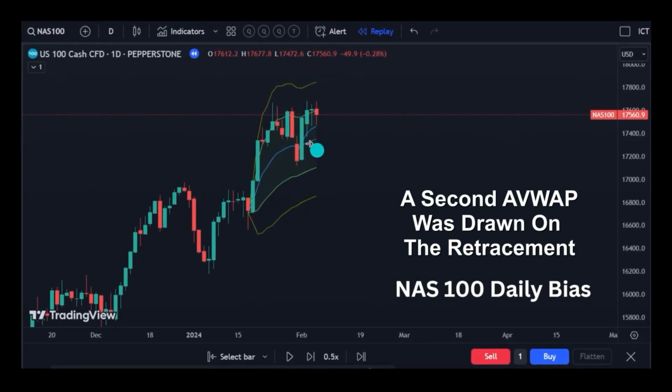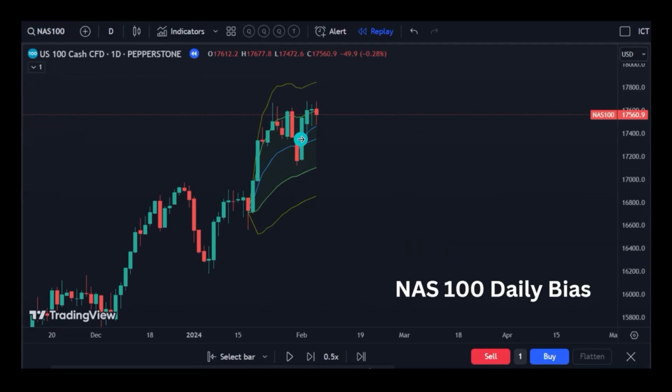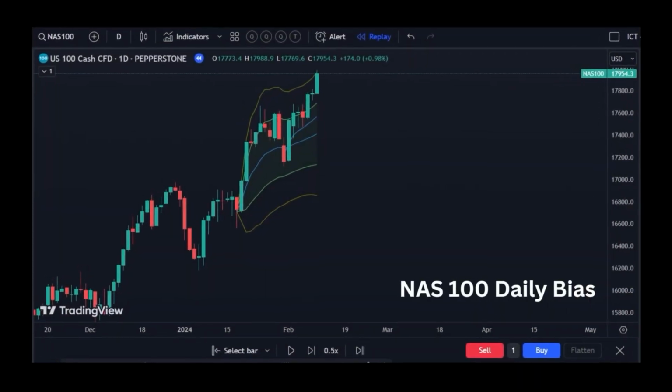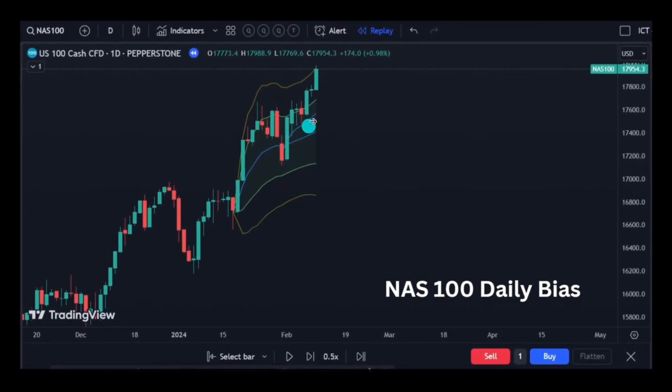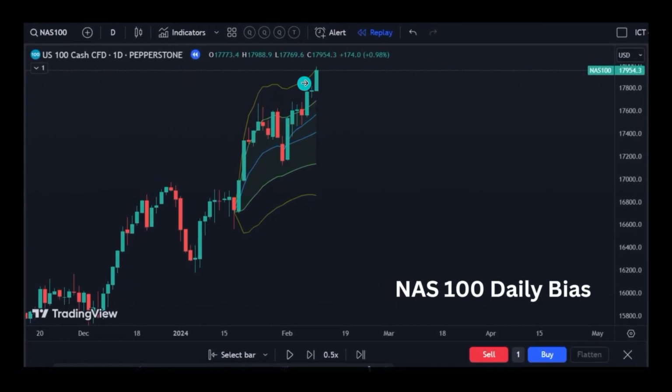And as so happens, price does reach back down to touch the center line, but then continues higher. So your daily bias to the upside is confirmed. As we continue, price does reach that second standard deviation. And this is a daily chart. So if you would have entered off of this center line, there are a lot of pips available to that